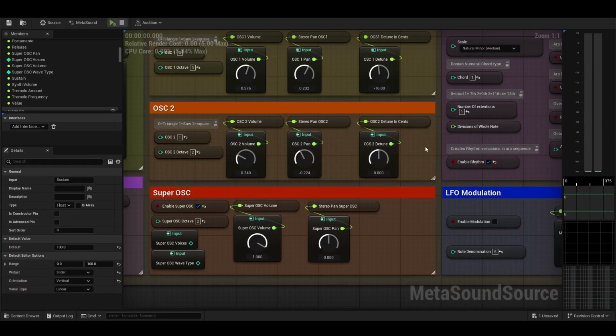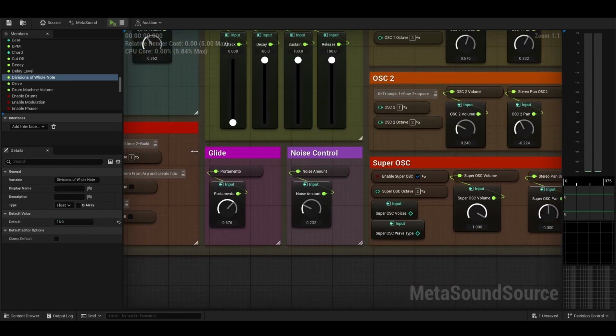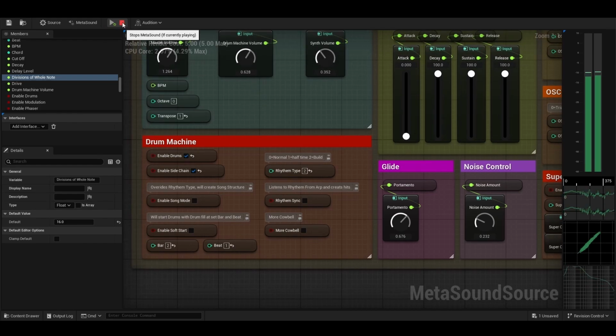Very cool. We're going to put the rhythm back on, and we're going to go back up to 16th because I just think that sounds better. We have also a build section, which is like a... right, pretty cool. We have a song mode, which means that when you click this box, it's going to cycle